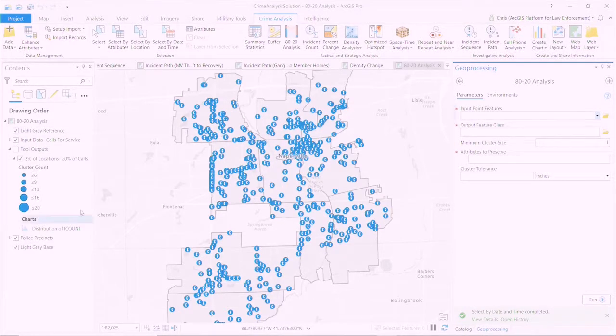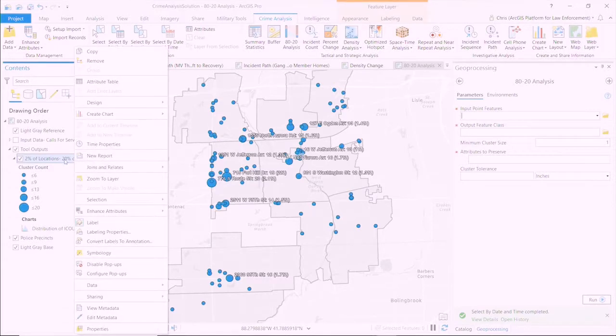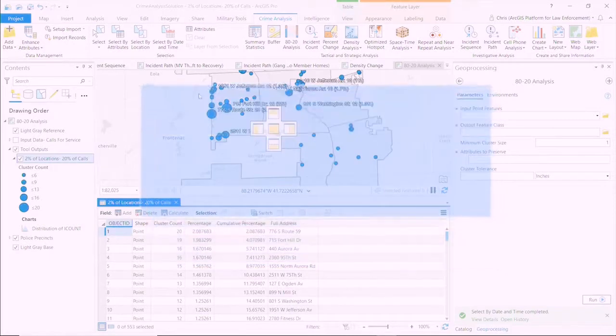So what this tool is going to do is create an output for me. Looking at these calls for service, that's going to look something like this, where I've got graduated symbology, where the size of the symbol represents the number of calls that happened at that location. The top 20% of all locations are the ones that get symbolized, and it's going to give you the address, it's going to give you the count, and the percent of total that that location represents for your calls. But there's another thing that's kind of handy in here. So if I open up the attribute table of this particular tool,